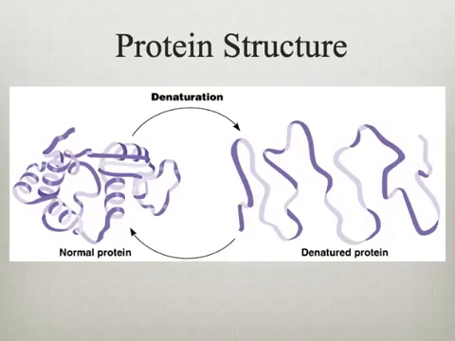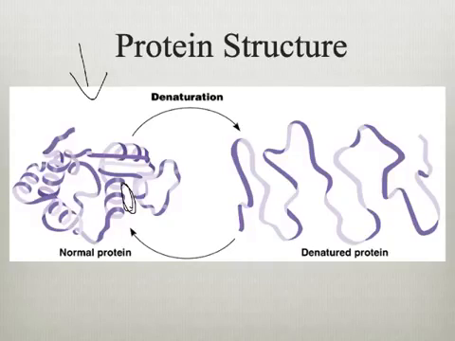So here's a picture of denaturation. Here you have a normal folded protein, and maybe this protein's shape is really important because whatever it bonds to bonds right in this little hole. If that hole wasn't there, it couldn't bond to whatever it's supposed to bond to, and it couldn't do its function. So if we had too much heat or too much of the right kind of chemical,